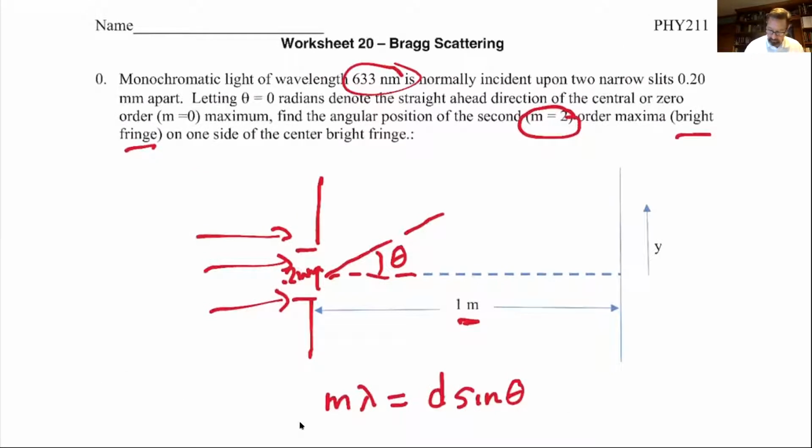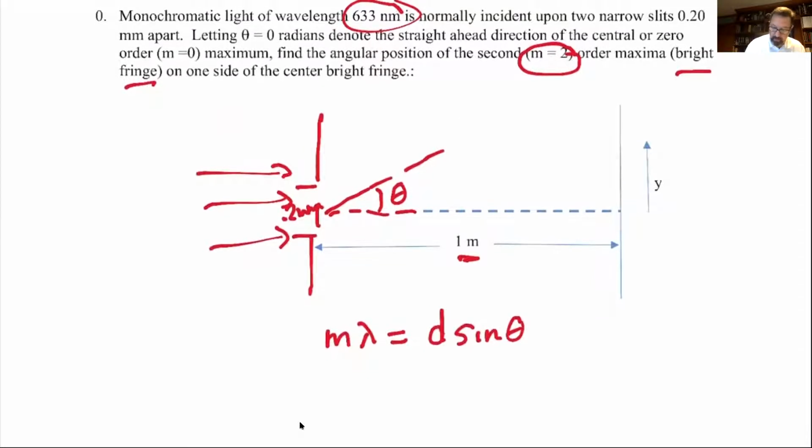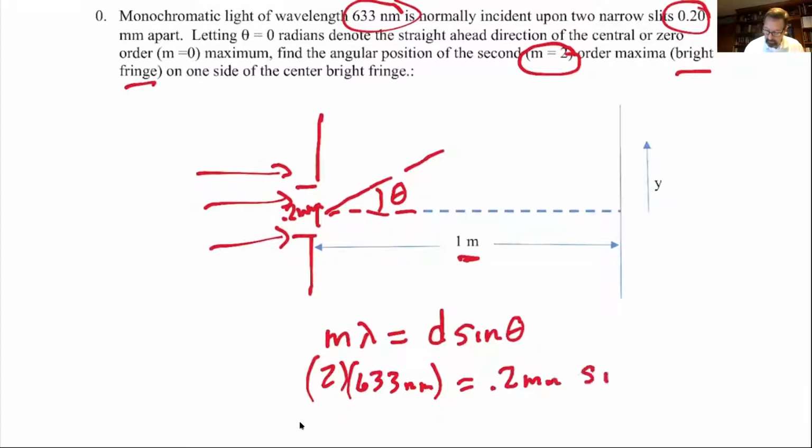I did circle that. So in this problem, literally, it's the easiest one I can think of to do. That's why I'm doing it. 2 times 633 nanometers. And what am I trying to find? d, oh, I didn't circle that either. 0.2 millimeters, and then times the sine of theta. Okay. Now I could cancel the meters. The problem is I have a nano and I have a milli on opposite sides of the equation, don't I? But if I continue to solve for this,